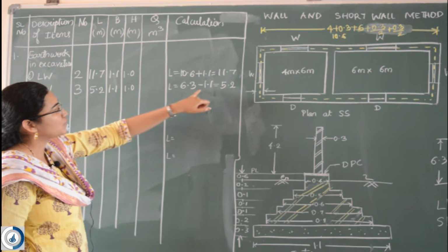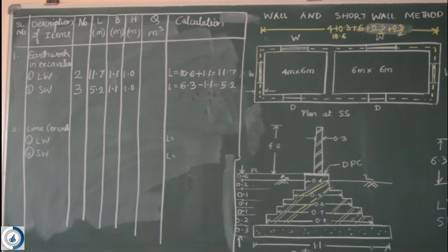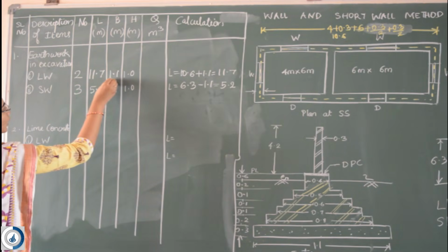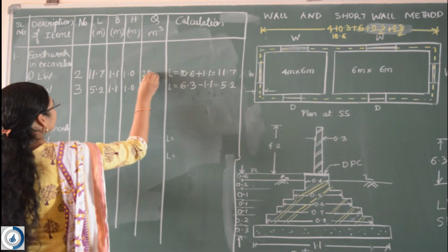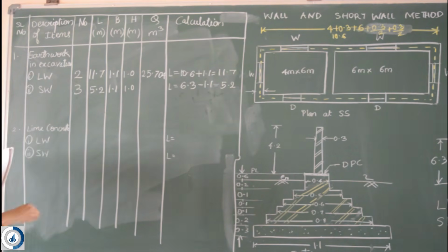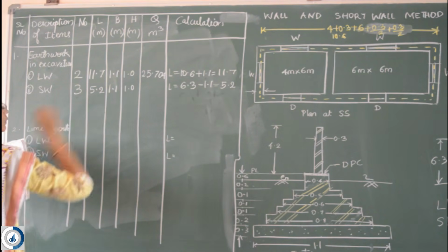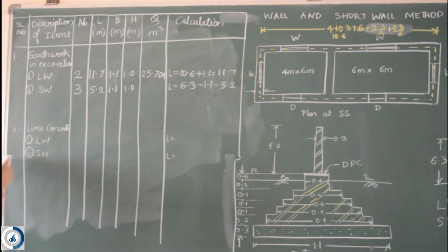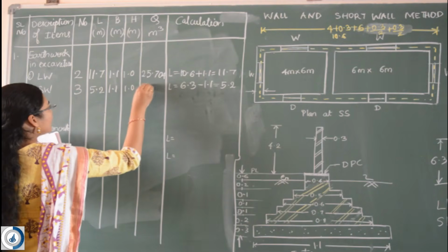Then for the short wall, 6.3 minus 1.1, which is 5.2. So we are going to write up all these. When you multiply 2 into 11.7 into 1.1 into 1, we are going to get 25.704. So in getting the quantity, when I multiply 2 into 11.7 into 1.1 into 1, 25.704. Similarly, when I multiply 3, 5.2, 1.1 and 1, I'll be getting